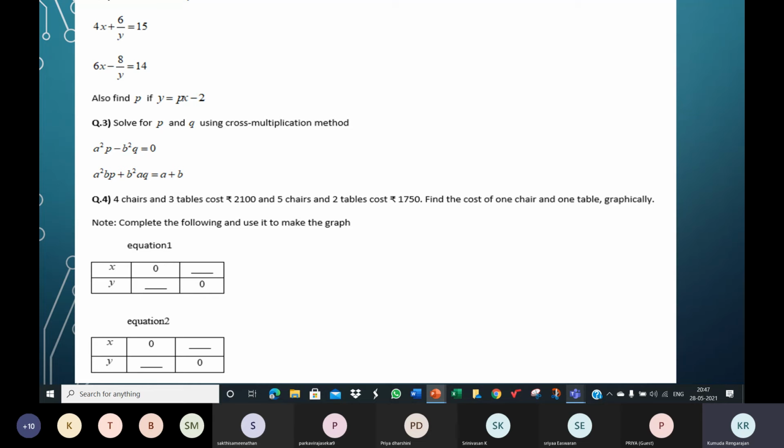If you get x is 50 and y is 100 on solving algebraically, that means the two lines must intersect at the point 50, 100. So I suggest you solve it algebraically, get the answers, so that you can make sure that you've got the graph correctly. Yes, I'll give you 10 minutes. Just plot these 2 points, it's enough. Whatever you got from the table, plot these 2 points and get the lines.